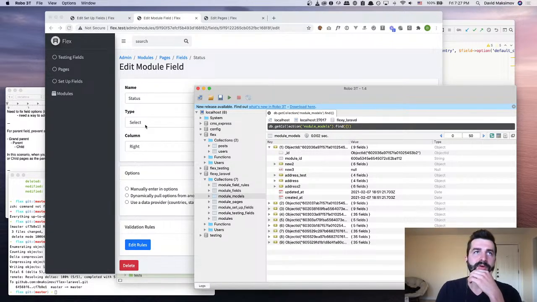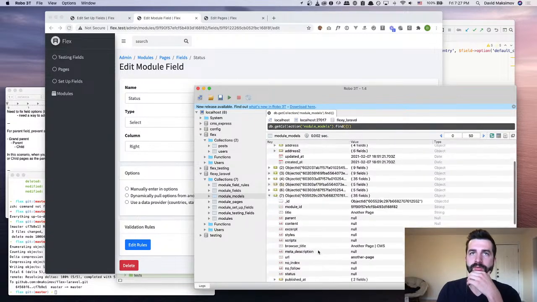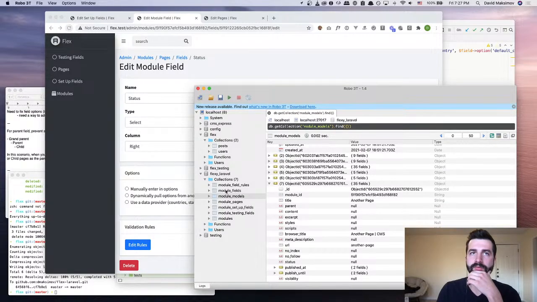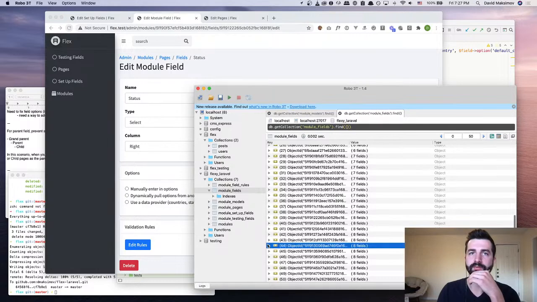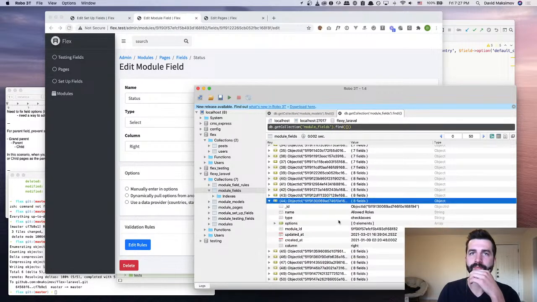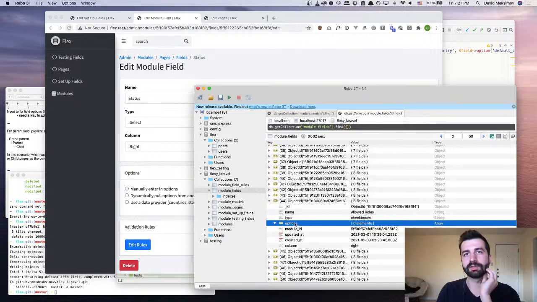So let's see if I can find it, I think it's one of these. Module fields. So we have all the fields saved here, and we have the name, we have the type, and then we have the options. Before I was just saving the options as a list, but now we're actually using the options